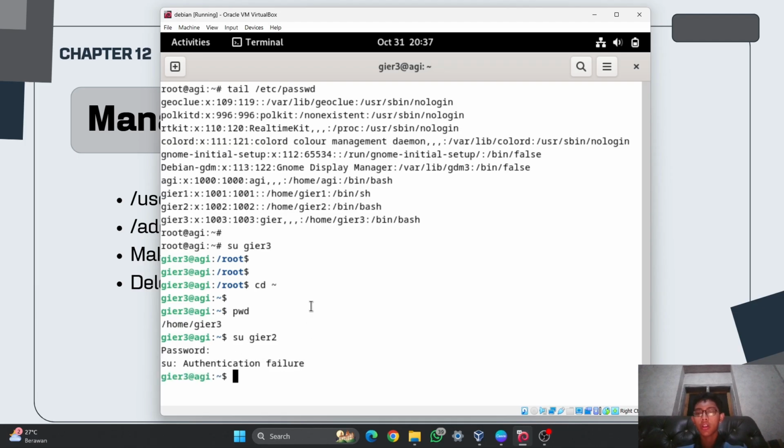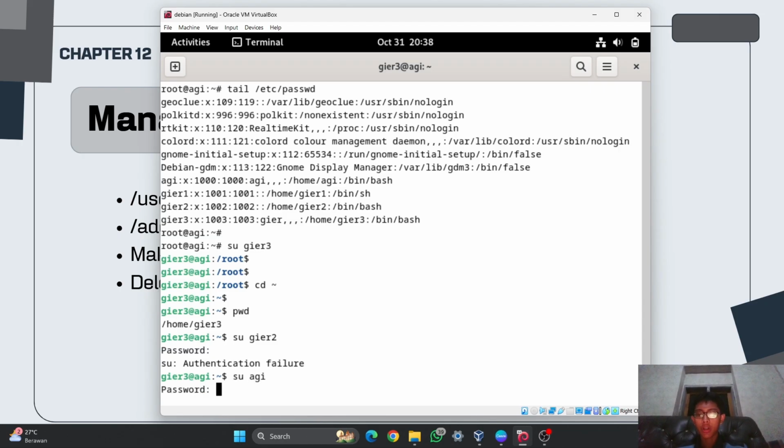Authentication failed. So for gr2, I don't know what the password is because I haven't set the password yet. But for gr2, wait, I will try to log in to agi.